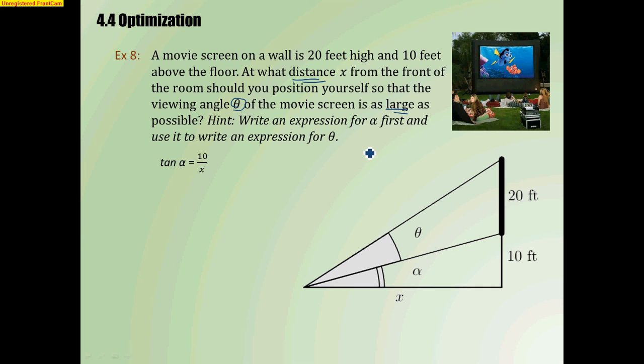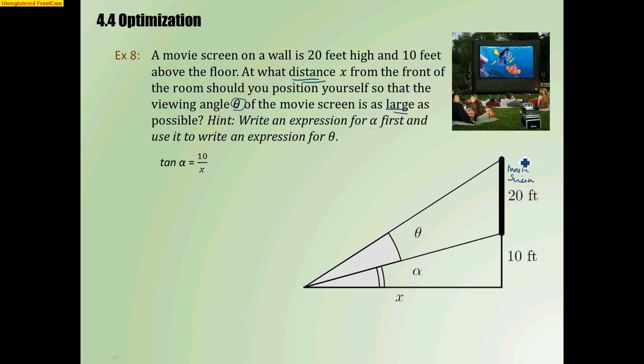So, I know I want to maximize, which means I want a derivative equal to 0, changing from positive to negative. So they did give me a hint this time. Write an expression for alpha first, and here's an expression, and then write an expression for theta. So here's the drawing. This is the movie screen right here. So the movie screen is